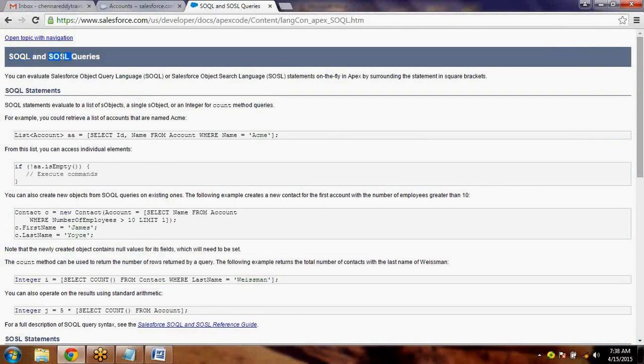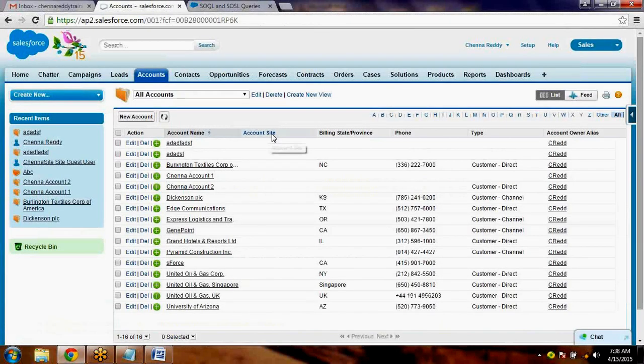And your SOSL returns fields, because you will be searching something. Let's say I want to search whether my name is available here or not. So it returns the field. That means this particular column, this particular column, this particular column. That's the second difference. Then the third difference is